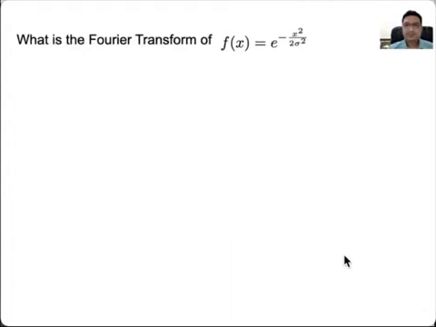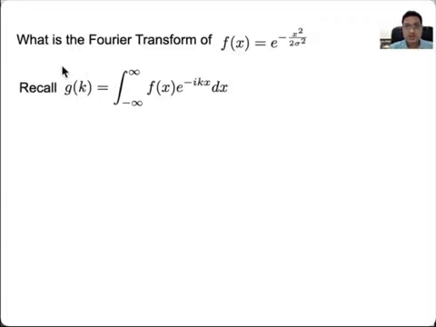Okay, so now let's recall our conversation about the Fourier transform or Fourier integral, which we discussed in the previous class, and say what is the Fourier transform of this Gaussian function. We know the answer. The Fourier transform of a Gaussian function is a Gaussian function, but what we are going to discuss now is how the Fourier transform of a Gaussian function in K space looks with respect to the X space, or in momentum space with respect to the position space.